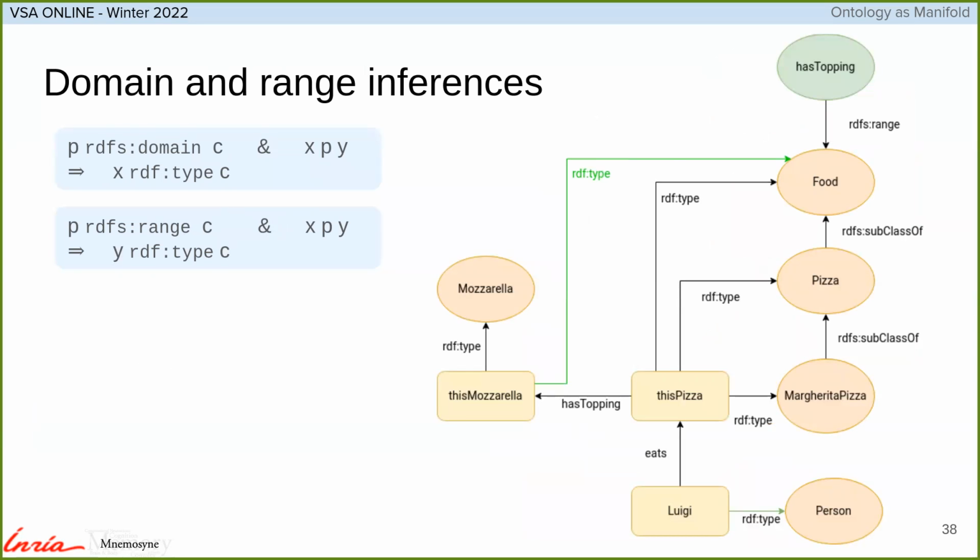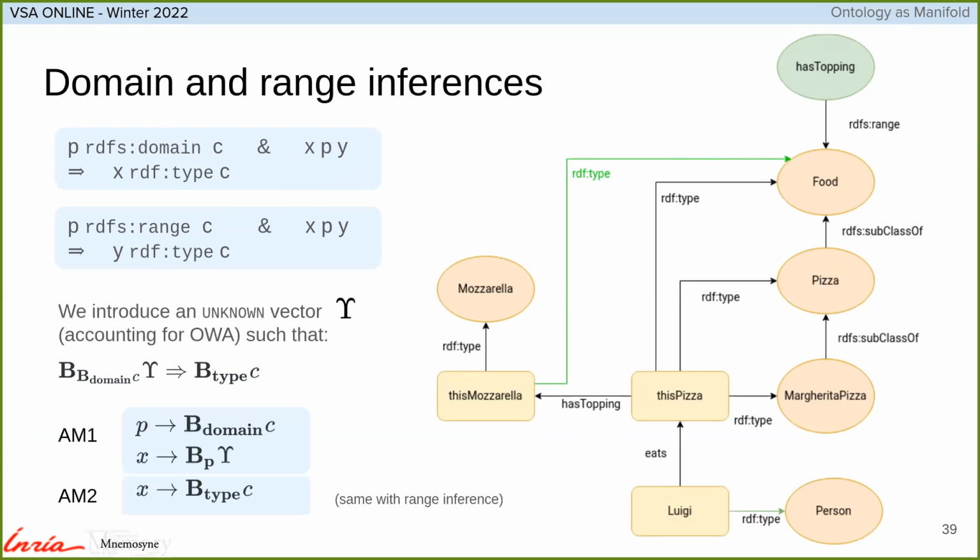Now, what happens with domain and range inferences? This one is a little bit different. In this case, we will introduce something a bit original: an unknown vector, which we can call epsilon, for example. And this vector actually accounts for the open world assumption. That means that